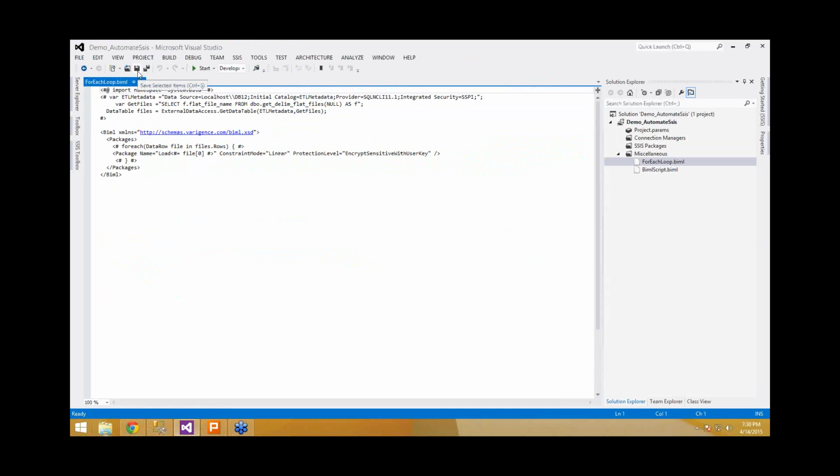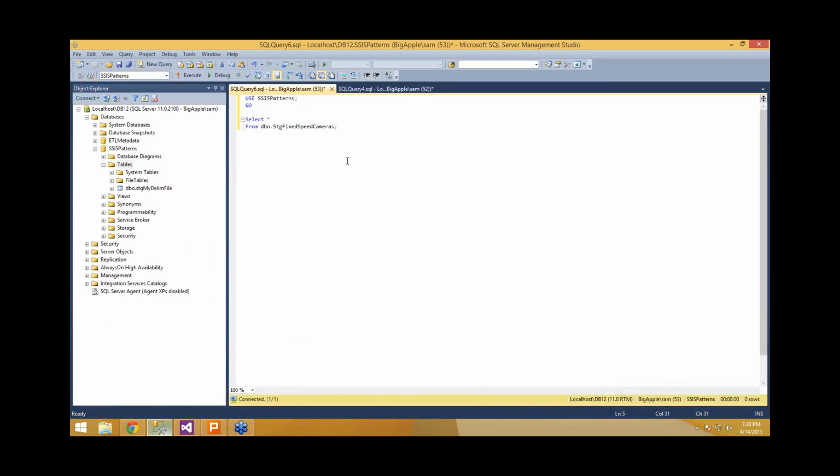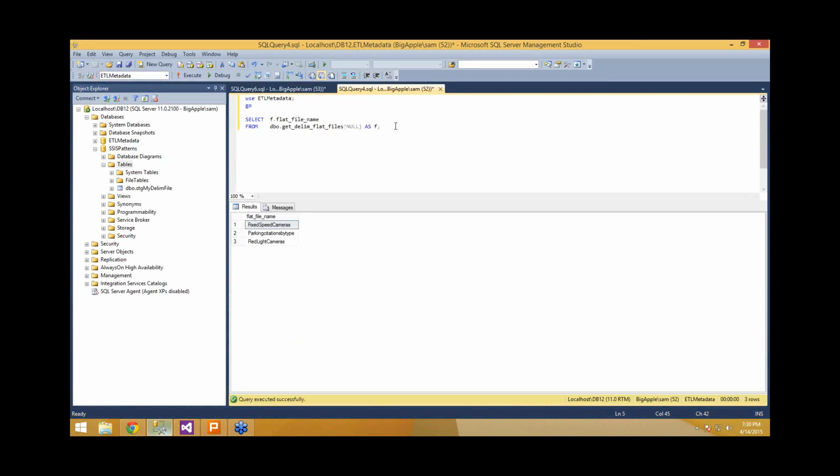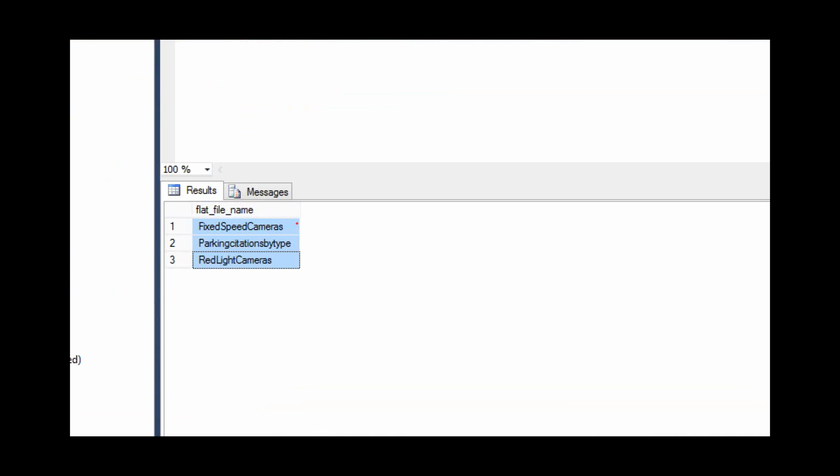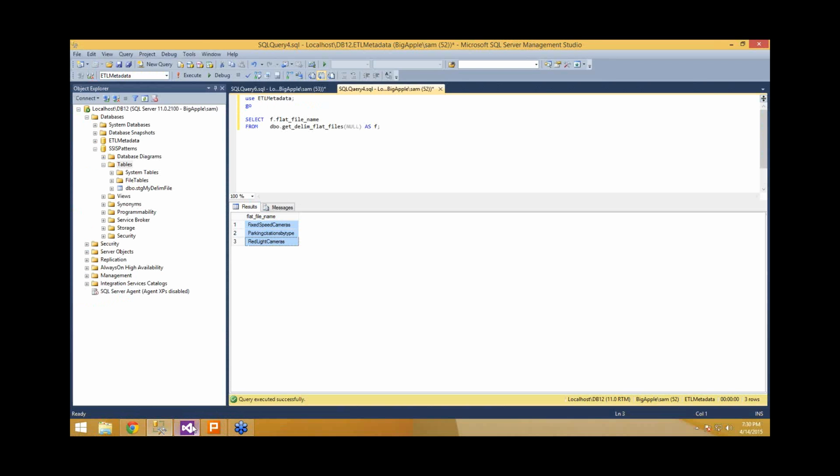Again, I am creating multiple packages. But this time I'm getting metadata from SQL tables. So I have a query here which basically returns the list of files that I need to import. In this case, there are 3 files, and if I wanted to create a package for each of the files that's in this table, I can